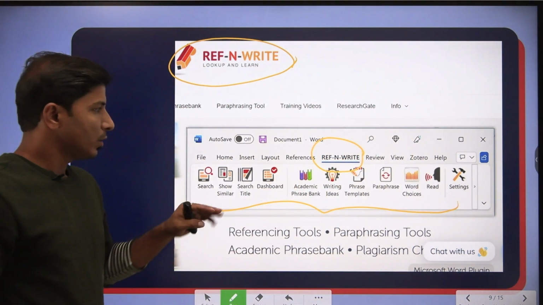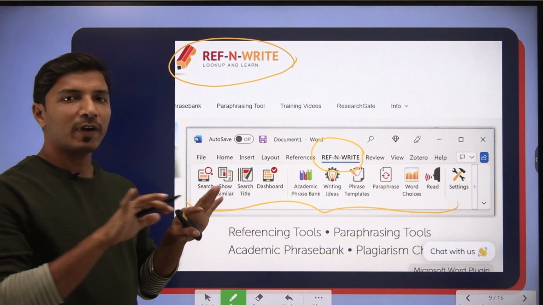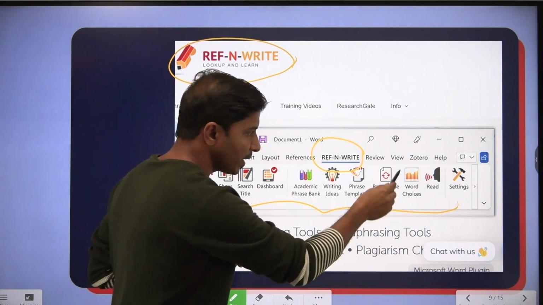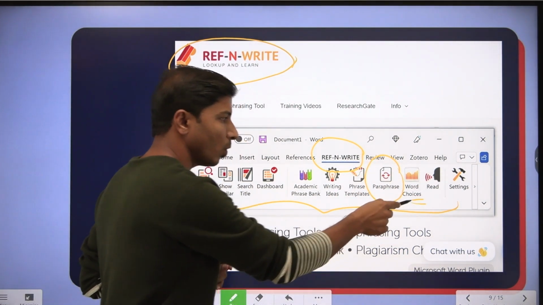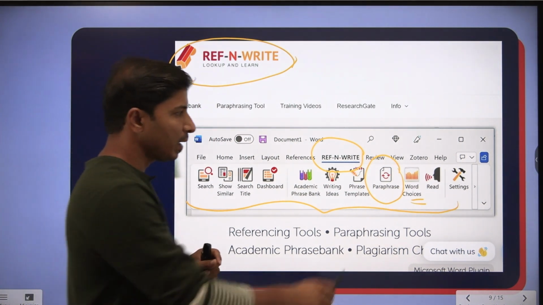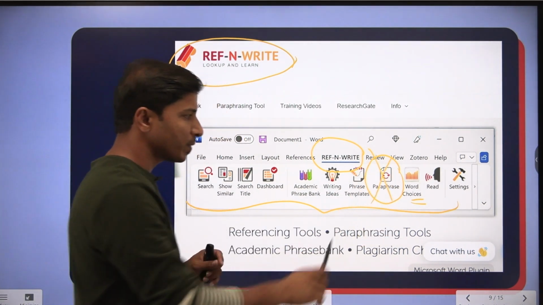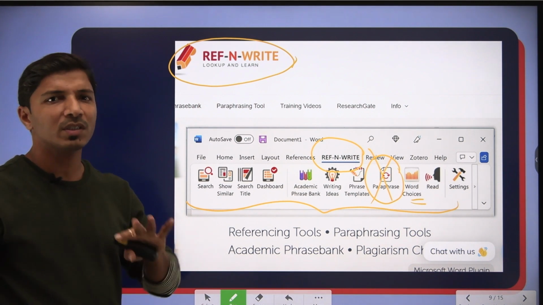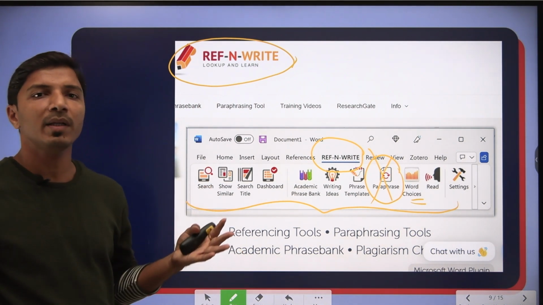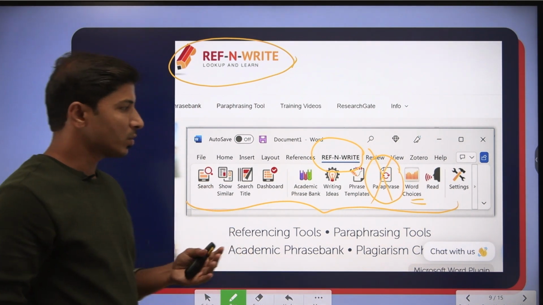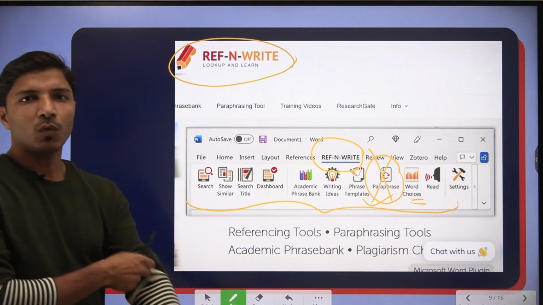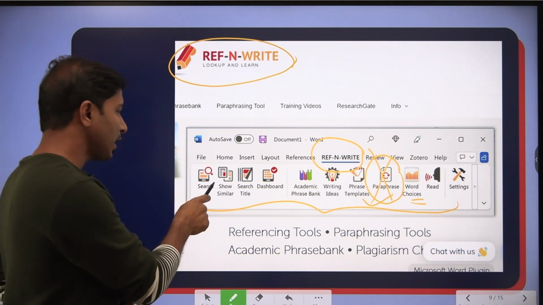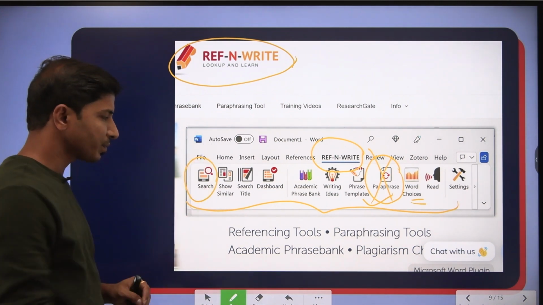Okay, you can add it and simultaneously while writing, you can just paraphrase. A paraphrasing option is also there. Different word choices you will also get. Okay, but I found that the paraphrasing option is not up to the mark. The accuracy is very low, because many irrelevant words are replaced. So I would never recommend you to use this paraphrasing option. The one option that I actually like about this is the search option.